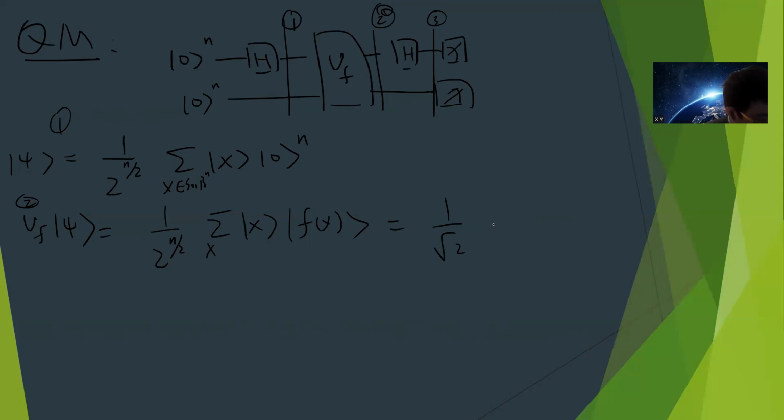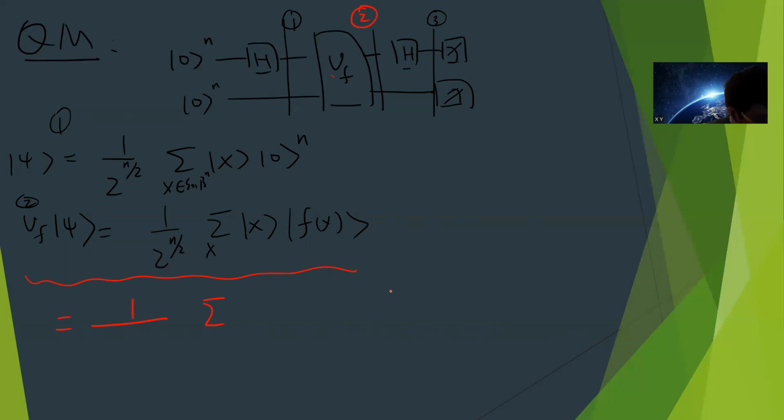Okay, so let's see. I think this algorithm looks a little bit weird. So after applying this, this is the second step. Okay, so I can write this as this. I can write this to be, let's say, I can write this to be...